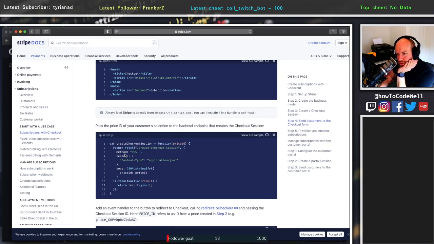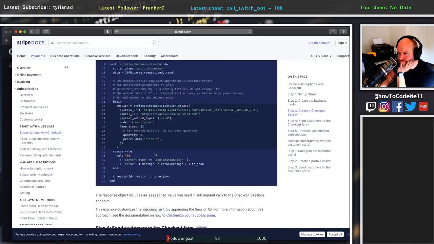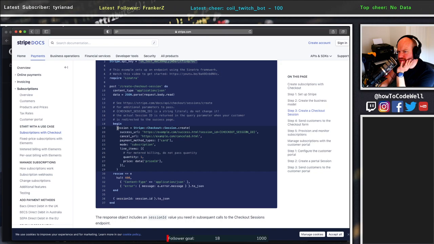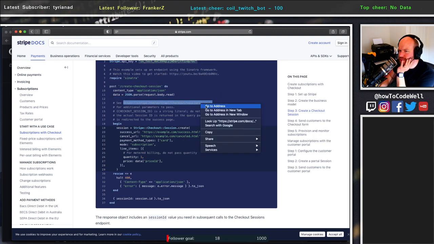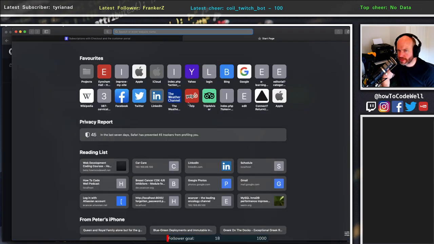This is what we were looking at yesterday on YouTube. Content type. This is what they do. Create checkout session, which is this. This is basically what we've done. Okay, see, this is what I need. So see that for additional parameters to pass. And I'm hoping that there is a parameter about email or anything to do with the customer, because that would be handy. All right, let's go to this documentation